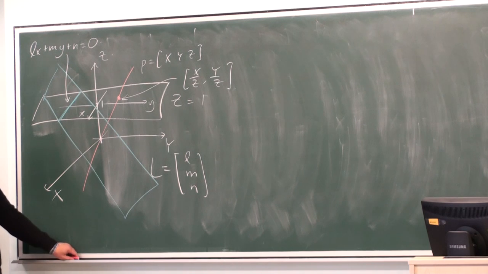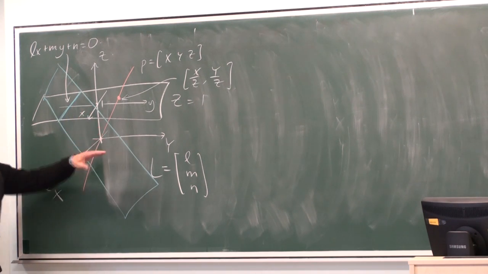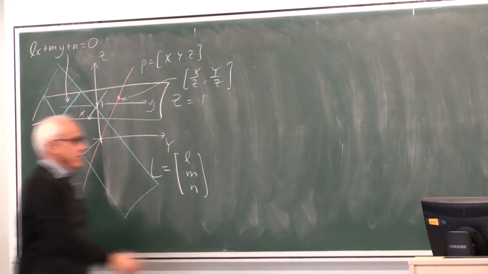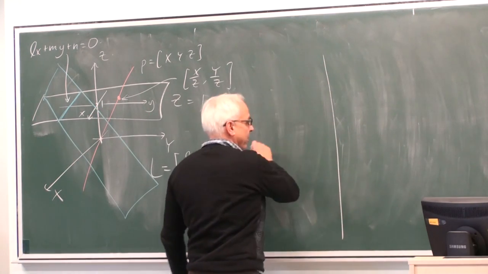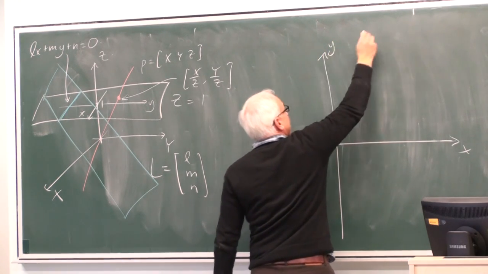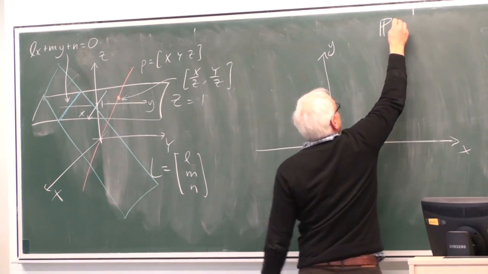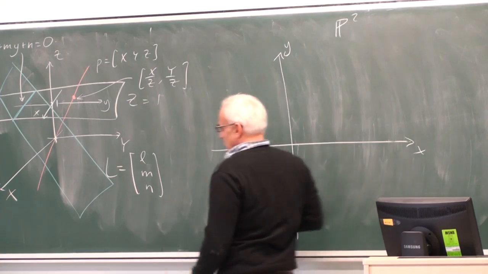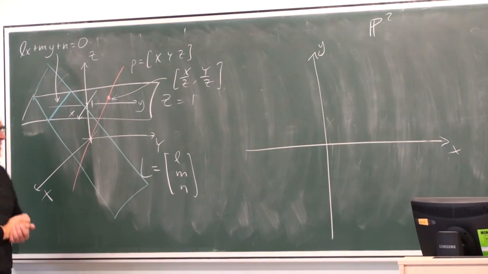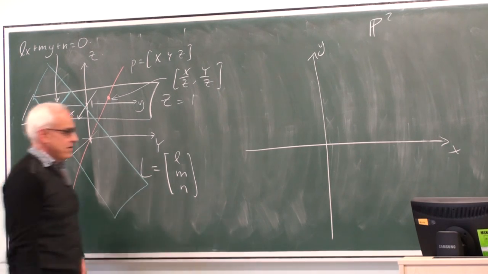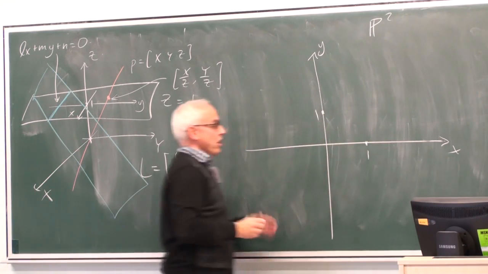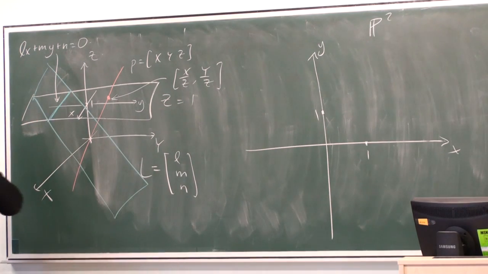Okay, so we're not always going to draw this three-dimensional story, though. Usually we just want to draw this two-dimensional plane. So let's draw it over here again. Little x and little y. But this is now the projective plane. So it means it also kind of includes points at infinity. And let's just orient ourselves a little bit by giving things names which are more in keeping with the notation that we're talking about here.